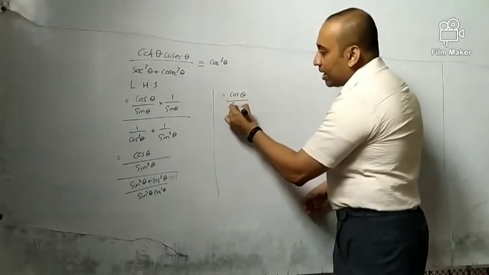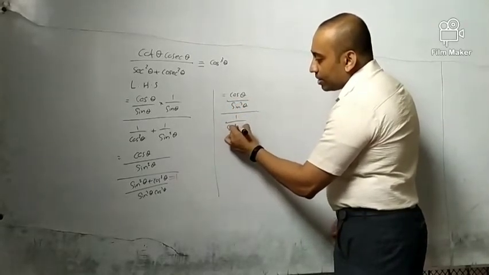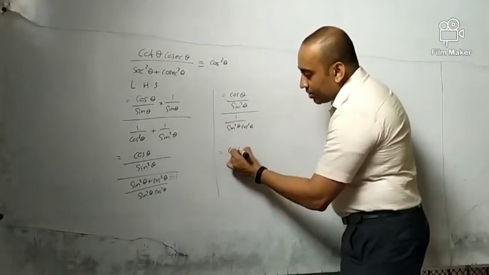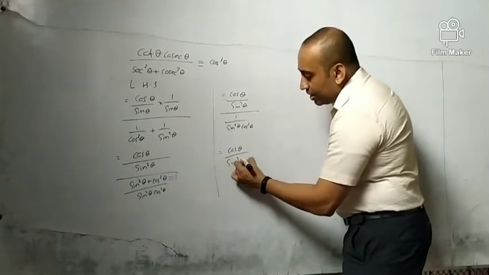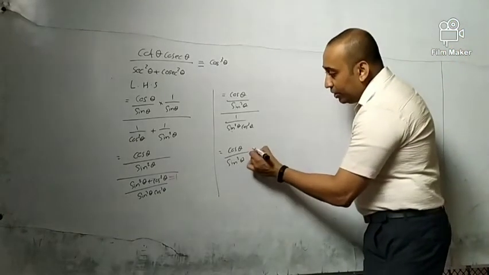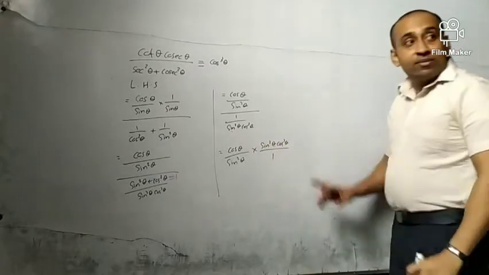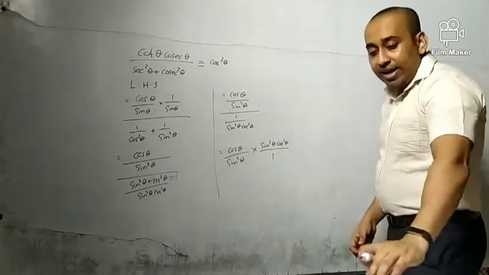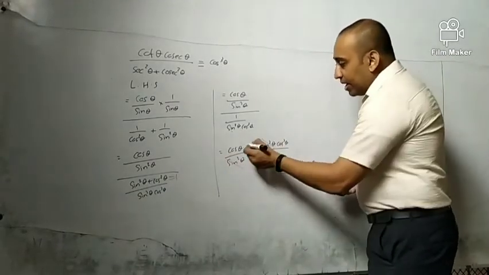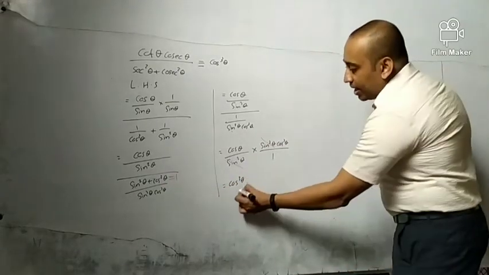Cos theta over sin square theta divided by 1 over sin square theta cos square theta. Then you can say this is cos theta over sin square theta divided by 1 over sin square cos square. So it will turn into sin square theta cos square theta divided by 1, the reciprocal of this. So you can cancel this sin square with the one over here. So cos theta into cos square theta turns into how much? Cos cube theta. So that is the final answer for that.